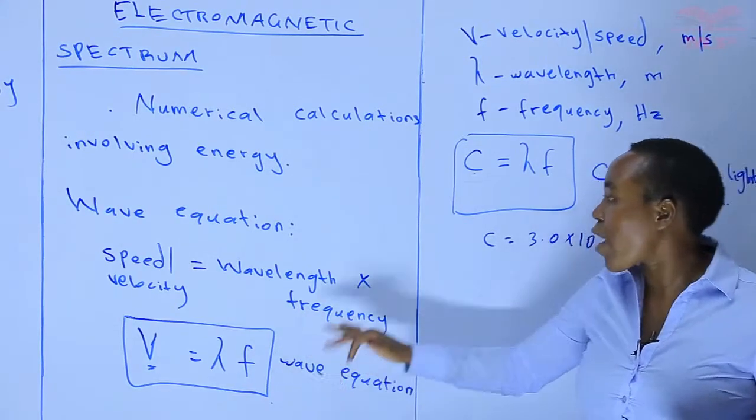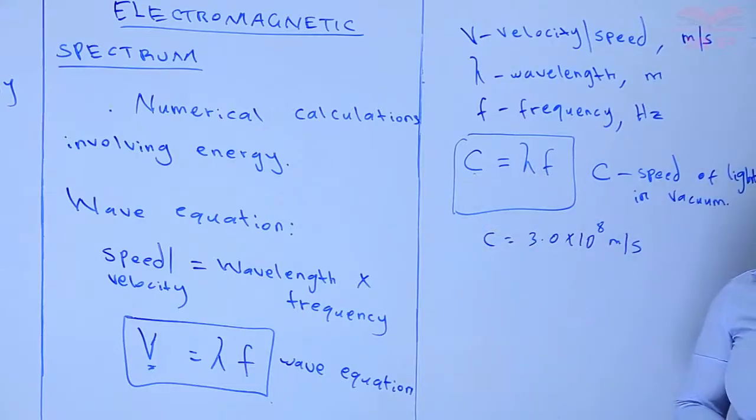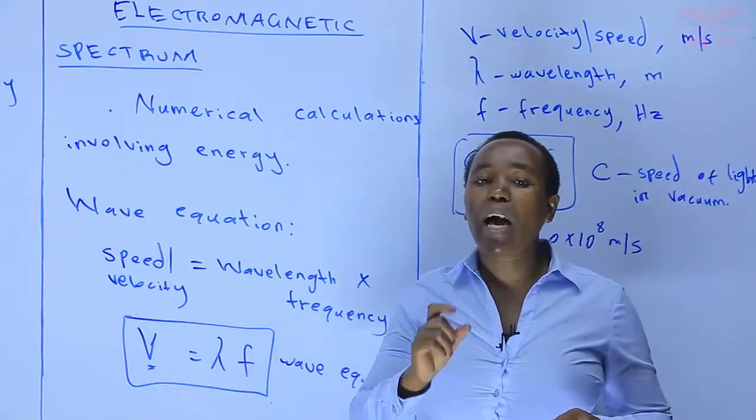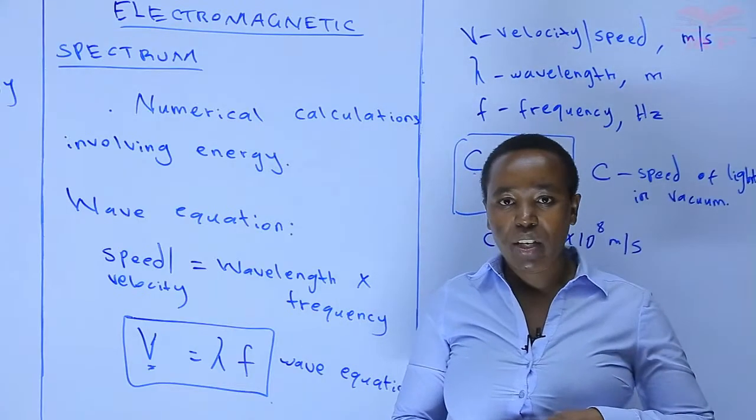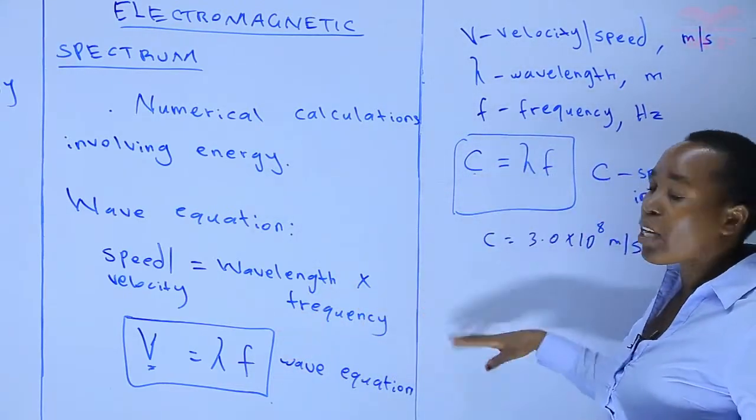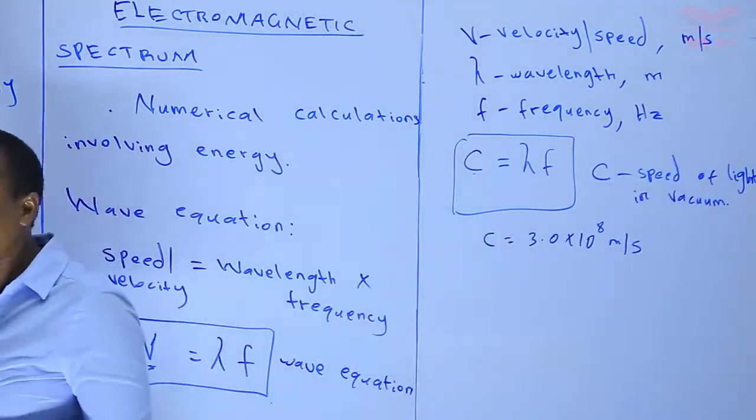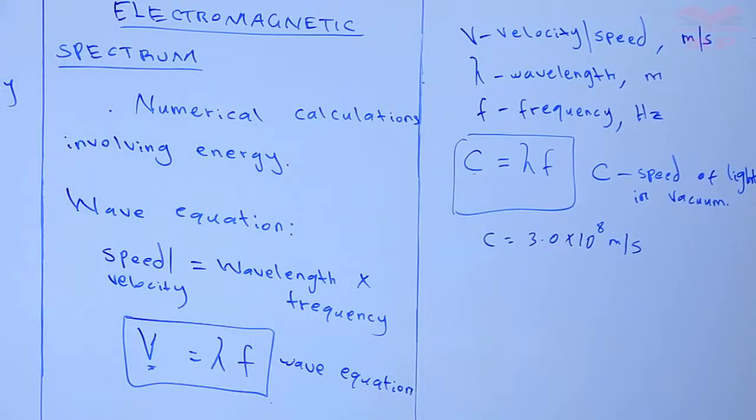So this is our wave equation. That's the wave equation. Then I want us now to derive a formula for calculation of energy. So we are going to use these formulas together: the first one, the wave equation, and then the equation involving energy. As we said,